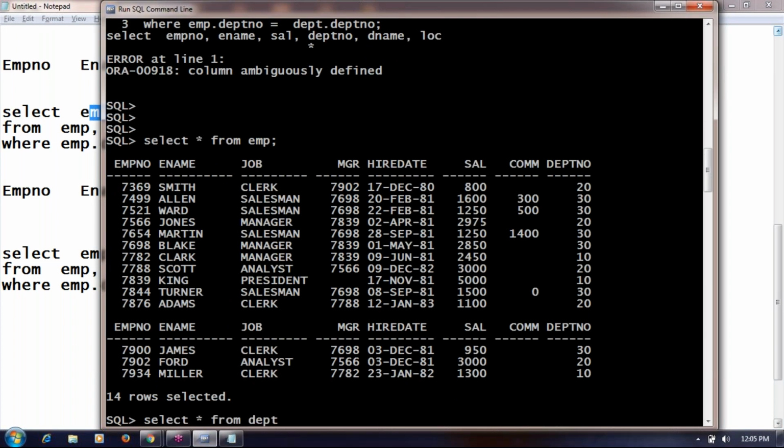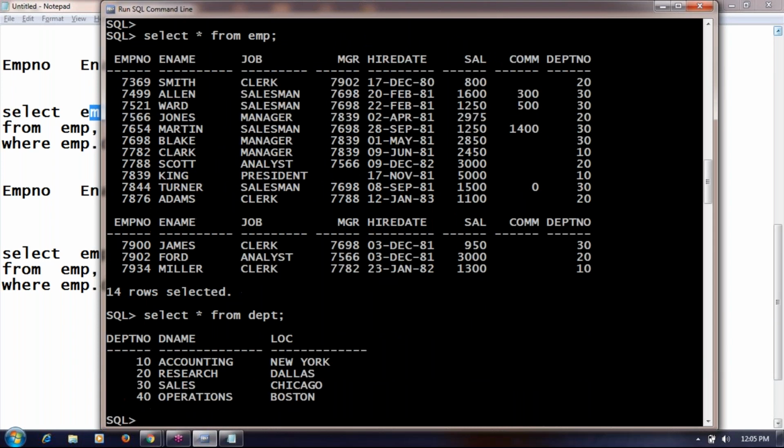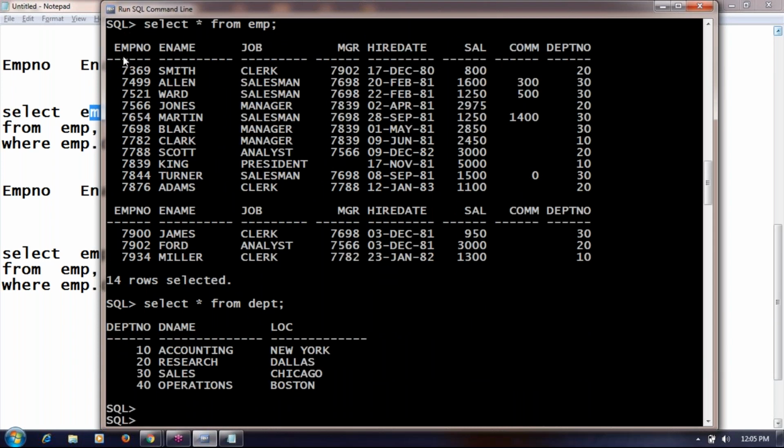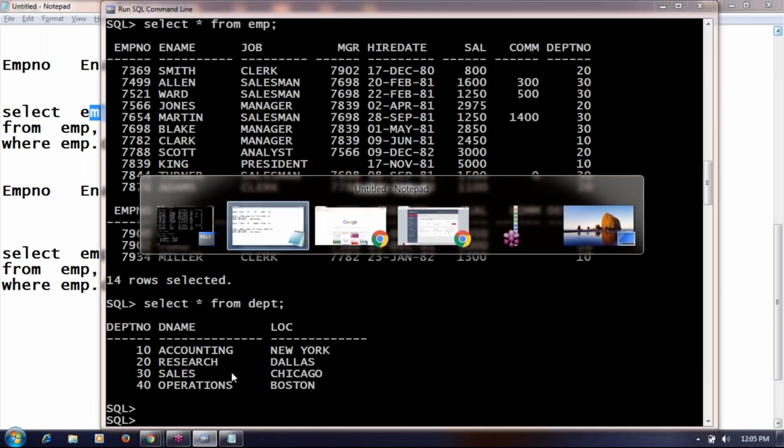Consider both the tables. Employee number is searched in the employee table. Is it available? Yes, it is available. Am I right? Even though it is available, it is also searched in the department table. Got it? It is searched in how many tables? Two tables. And it is available in only one table. So from that particular employee table, it will display the data.